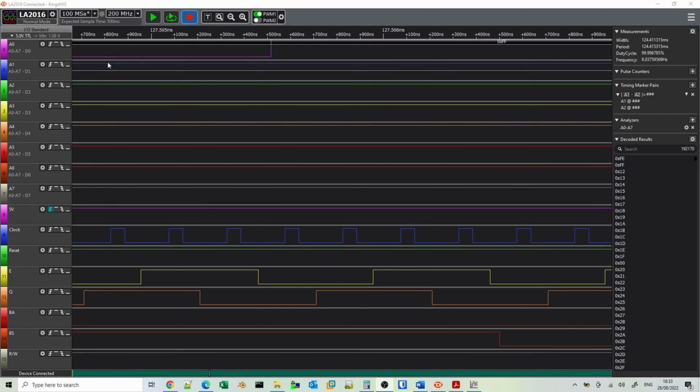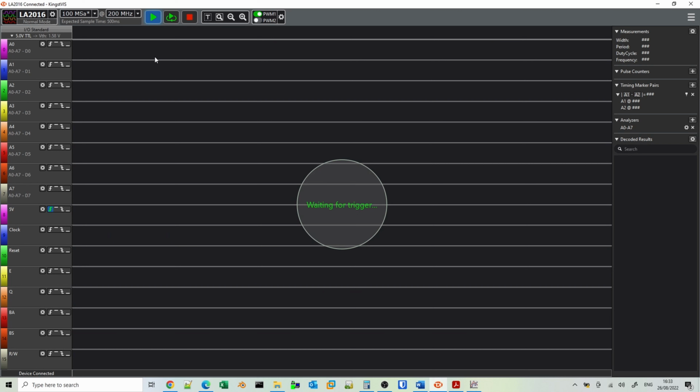So what I'm going to do now, it's triggered on the 5-volt level, and you can see here that at the moment it's at the TTL levels, which says it's going to treat logic 1 as anything over 1.58 volts. Now you may remember the datasheet indicates anything over 2 volts will be treated as logic 1, so there's a slight difference there. So what I'm going to do now is start the logic analyzer. This is now waiting for the voltage to be applied to the circuit. So I'm just going to plug in the 5 volts.